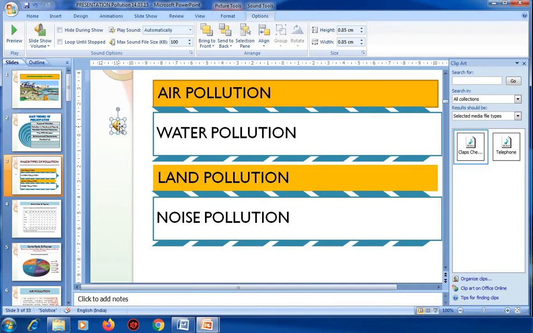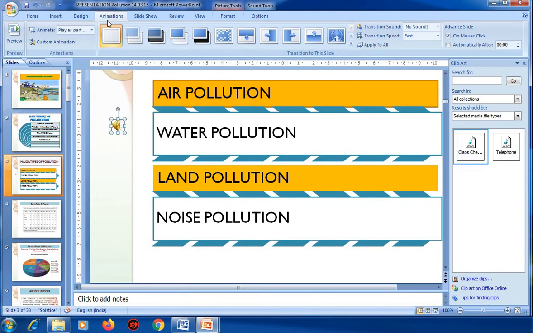Next option is modifying the sound object. If you want to modify the sound object, we will follow some steps. First step, click on Custom Animation in the Animation group. This is the Animation tab, then you can see Custom Animation.